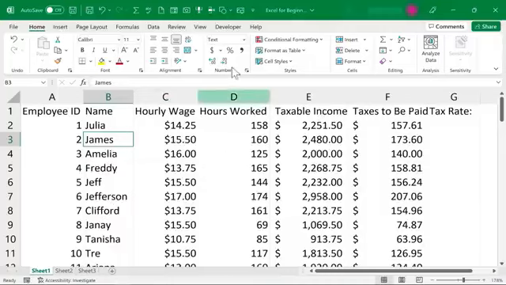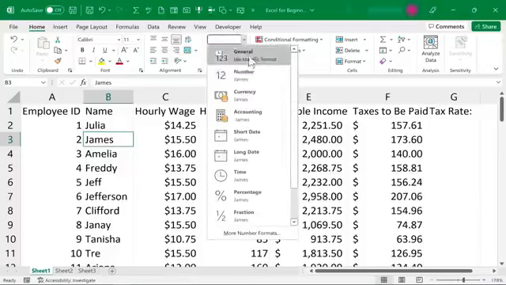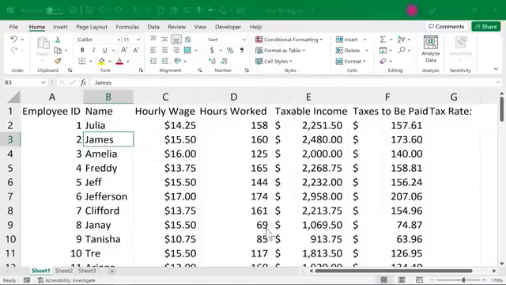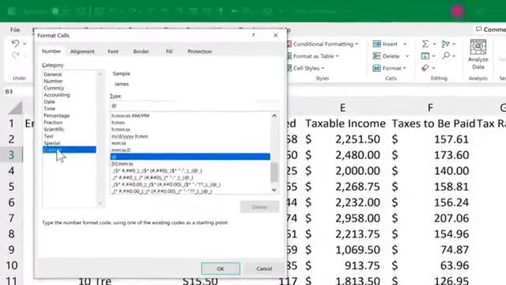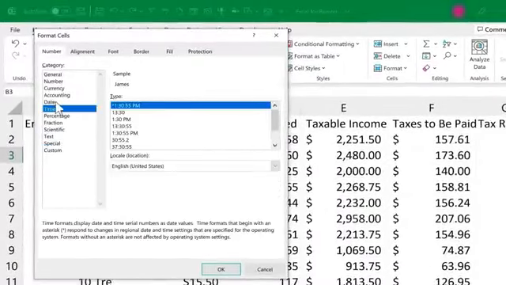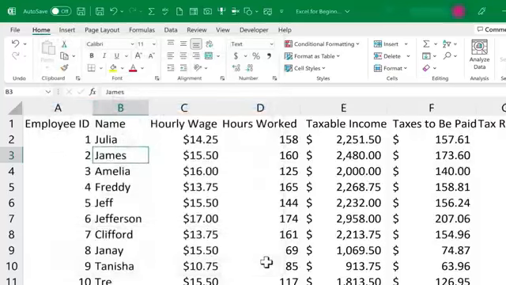But you can change some of that if you want using the alignment options and also by changing the number or text formats. There are also some more formats. You can click here to see what those are. You can set up some custom formats. There's different time and date formats that are worth checking out. I'm going to cancel, and let's look at some other ways that we can format our data,